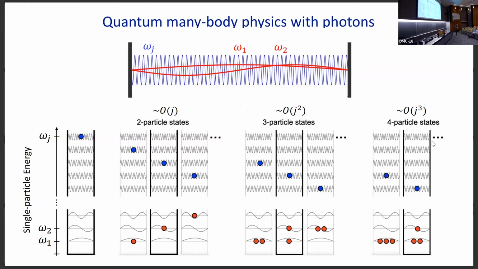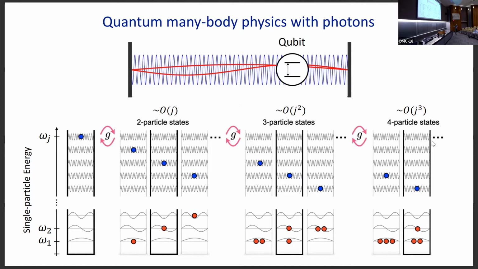Also, you can decompose the energy of this photon into 3-particle states, where you have one photon, for example, close to J, and then 2 photons in the lower states. Then there will be 4-particle states, and so on. And the number of such states grows very fast. For example, it's proportional to J cubed for 4-particle states. So if this J is like 100 or something, there will be a lot of other multi-photon states which will be in resonance with this one single photon state. But if it's just a Fabry-Perot cavity, you don't care, because there's no interaction between all the states. So this massive degeneracy doesn't count.